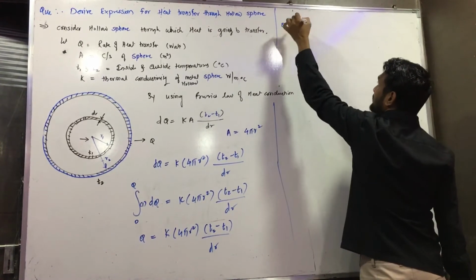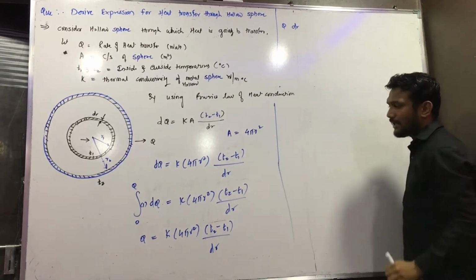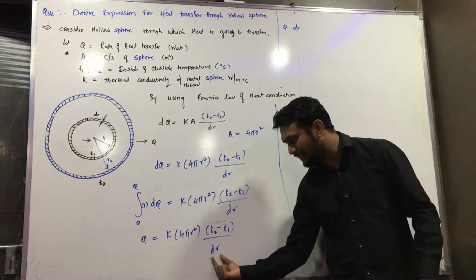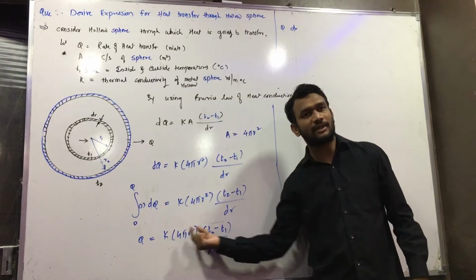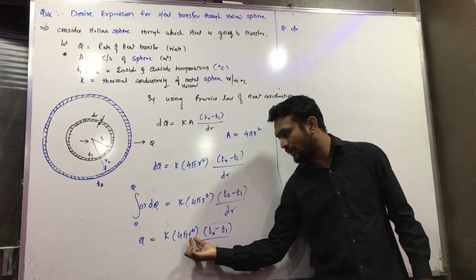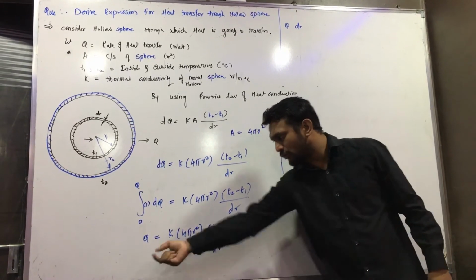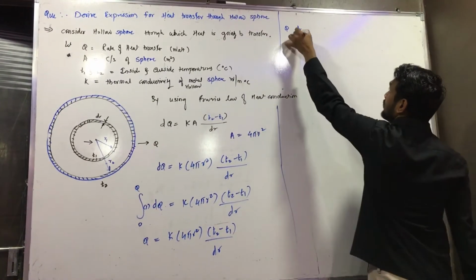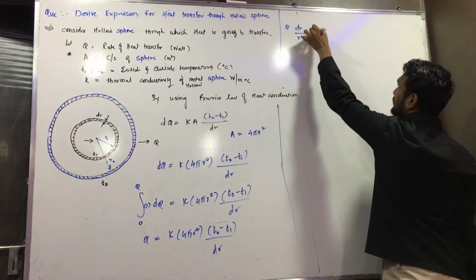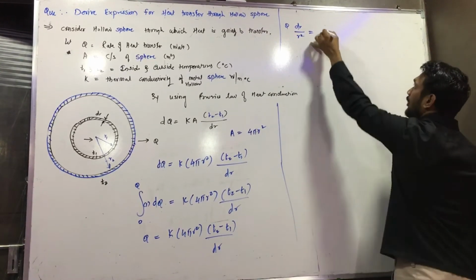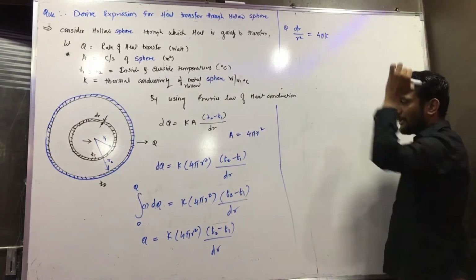Q will be as it is. Now dr is there, and on the right-hand side r square is multiplied, so we have to transfer it to make it divide. So dr upon r square is equal to the rest of the parameters,